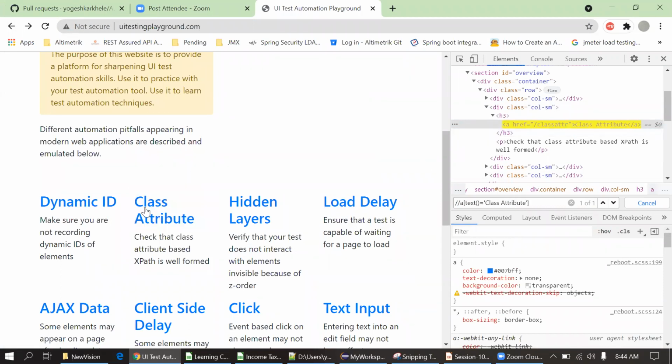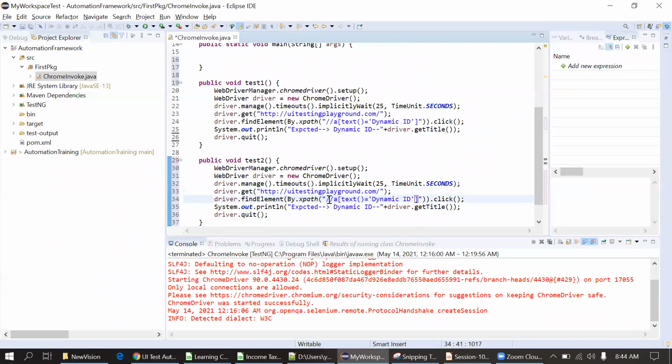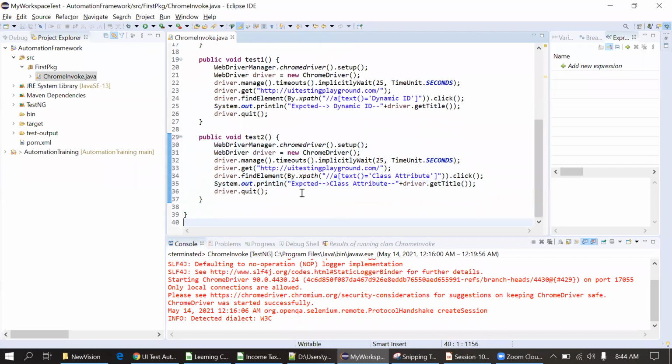Okay, it's pointing to the class attribute. I will copy this, paste it here, and perform the .click option. It will click on that link and navigate to the next page. So now the expectation is that the class attribute page should get open. Okay. So these are the two test cases that we have written now.